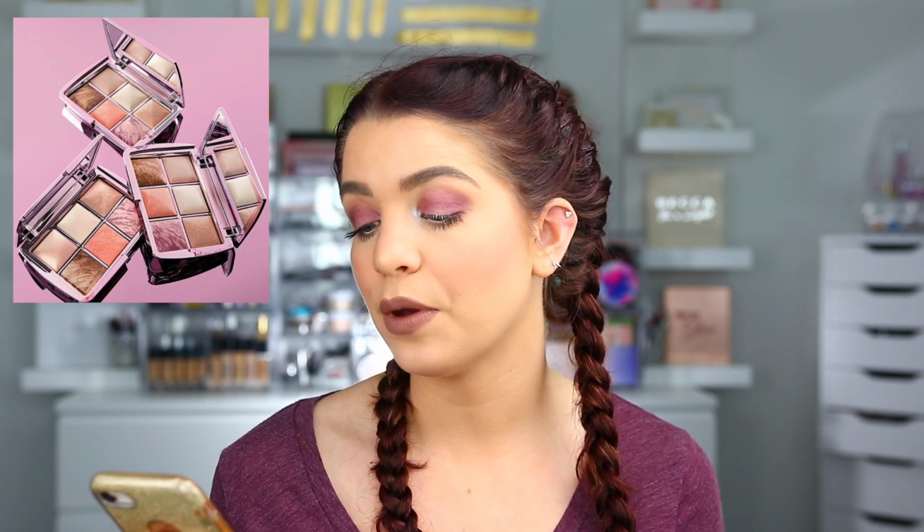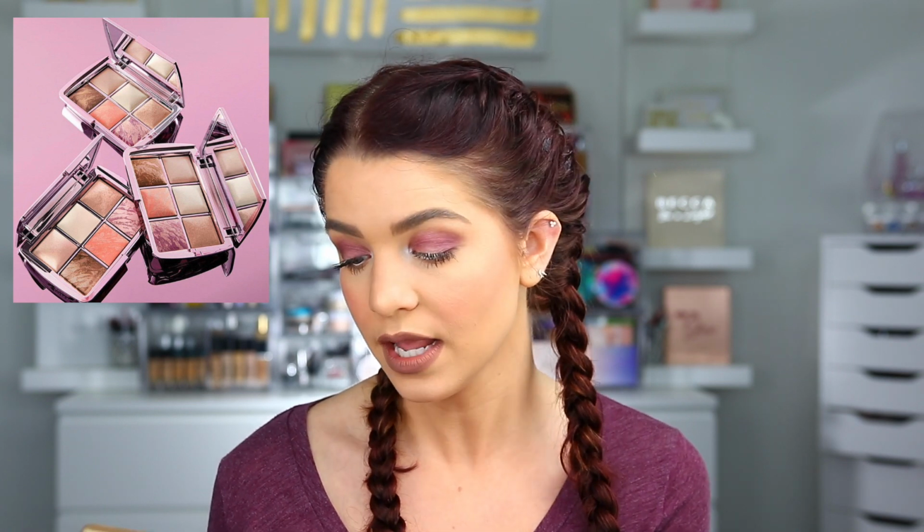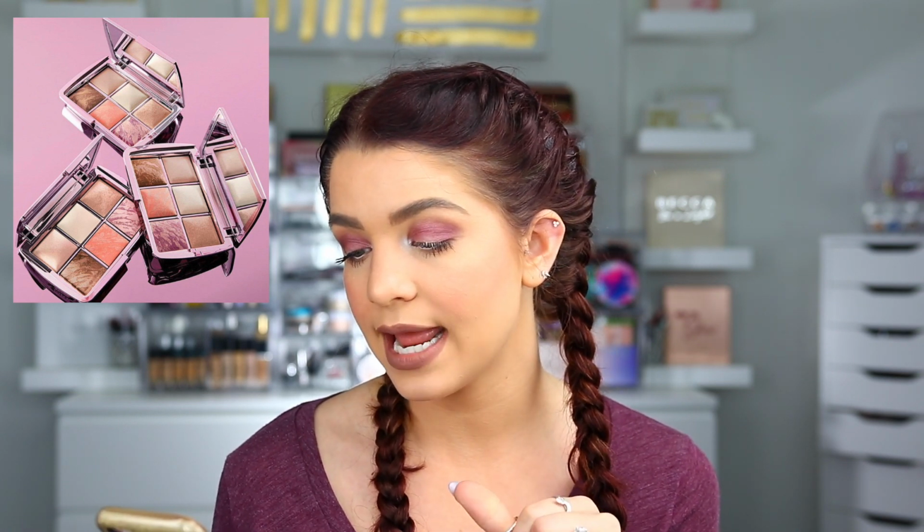So Hourglass just released their Ambient Lighting Edit Volume 4. So I know originally we got, I think there was another edit that came out a little bit earlier, and now this is the newest one. So this one's gonna be $80, and it's going to have 6 different shades inside of it, and it looks super nice. I actually like the look of this one a little better than the last one that they came out with. And I've always wanted to pick up one of these palettes because I've heard such amazing things about